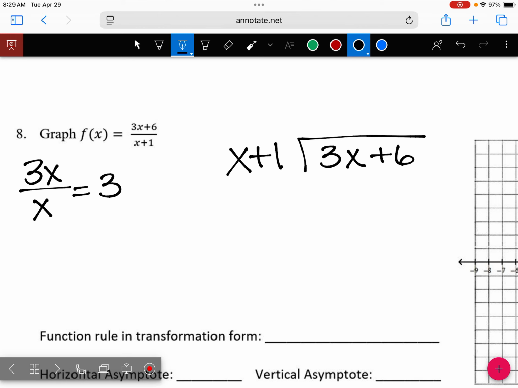That gives you a 3, and that's what you put on the roof. Then you're going to take whatever you put on top and multiply it by the x plus 1. So I'm going to take this 3 and multiply it by x plus 1. So 3,